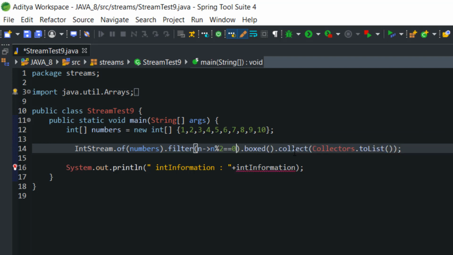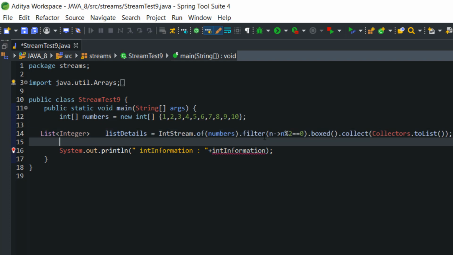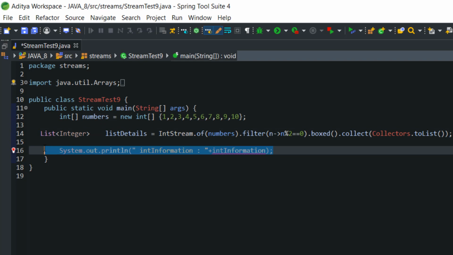Now let's save the total process to a reference of List Integer, and I'm going to write the reference name as list details. Now I am going to write the for each loop to see that it stored the exact data we want.